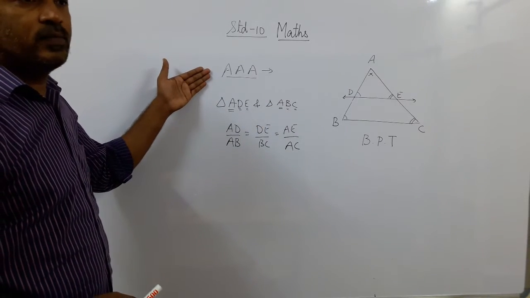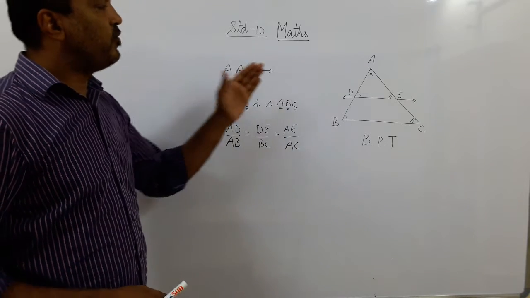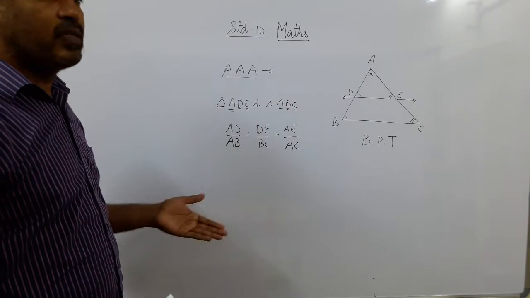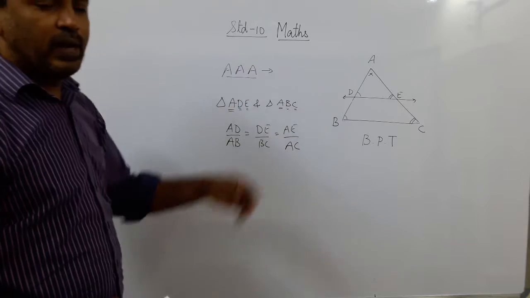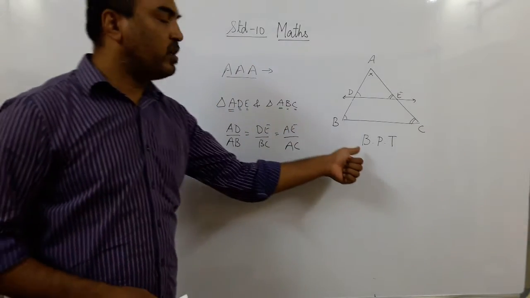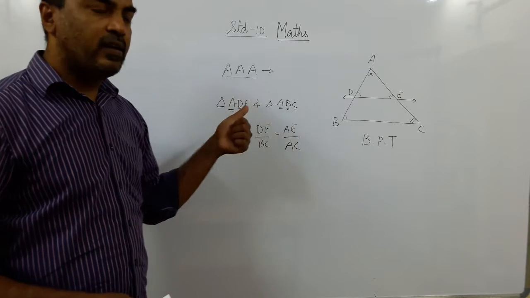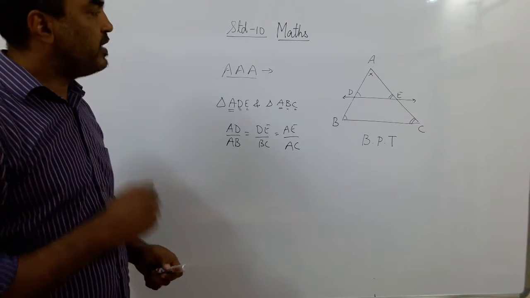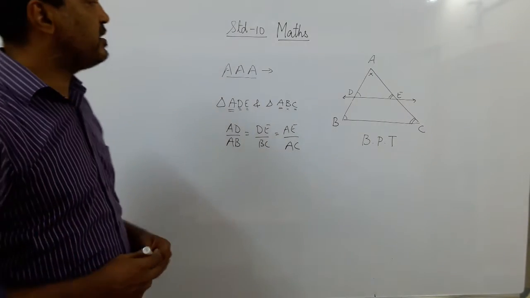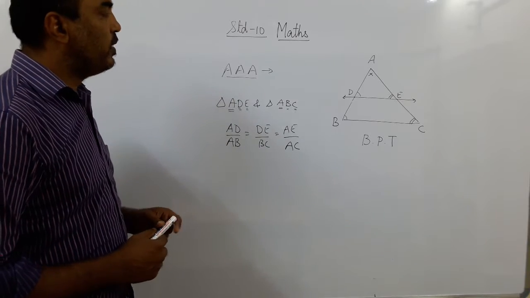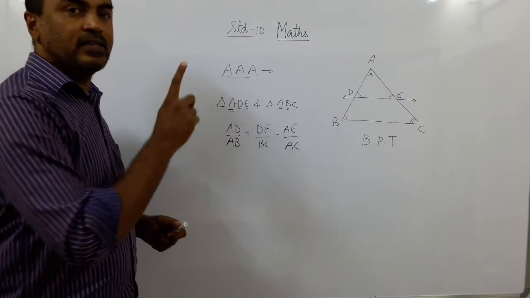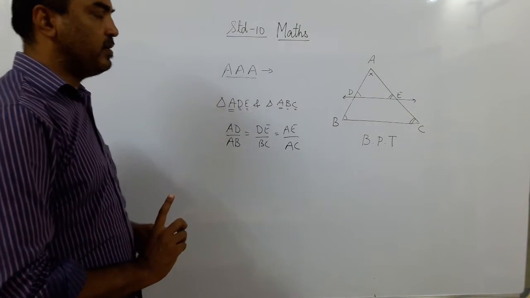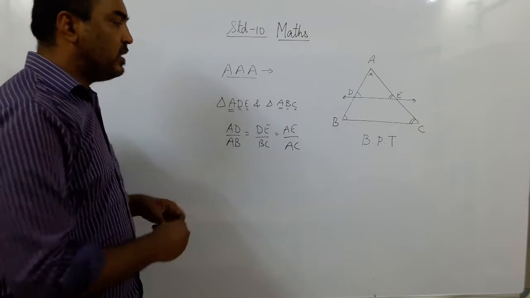Then we have the SSS. What is SSS? If in two triangles, the ratios of the corresponding sides are equal, then the triangles are similar and the angles will be equal. Then we had the SAS. So we did the basic proportionality theorem, AAA similarity criterion, SSS similarity criterion, and the SAS similarity criterion. Yesterday we did something else, if you remember. In yesterday's lecture, we saw that when two triangles are similar, the ratio of the perimeters is equal to the ratio of the corresponding sides. But the ratio of the areas is equal to what?